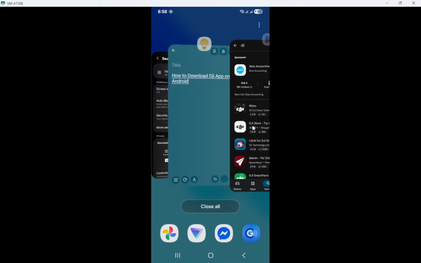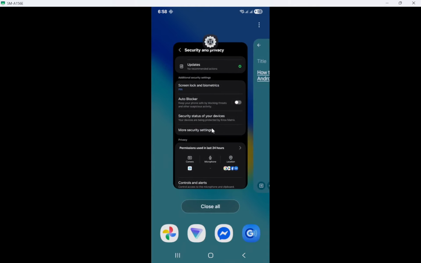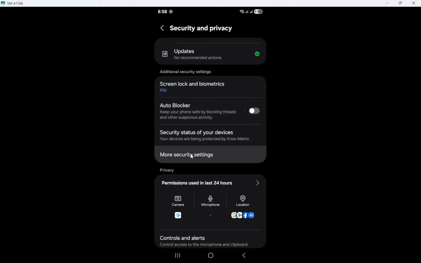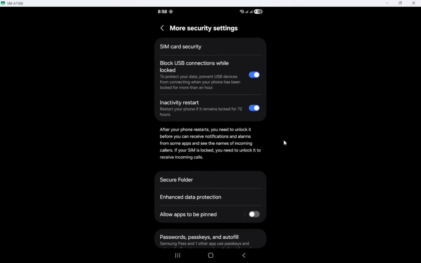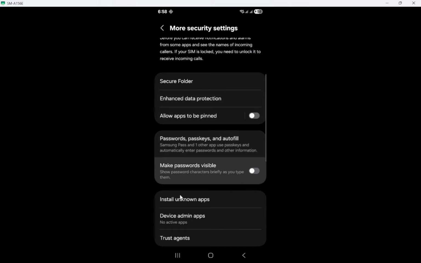At this point, we need to make sure your device is set up to allow the installation of apps from unknown sources. This step is crucial because it ensures that your device can install apps that aren't from the Google Play Store. On your phone, go to Settings, then tap on Security or Privacy depending on your device's settings. Here, you need to enable the option for installing unknown apps. Make sure you enable this for the app you use to download the APK, such as Chrome or the Files app.